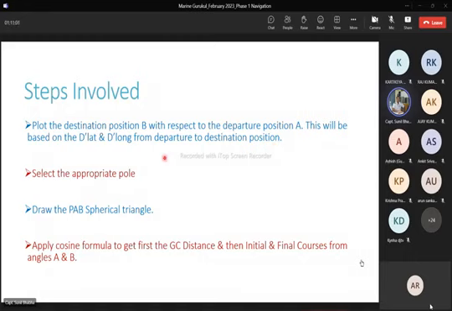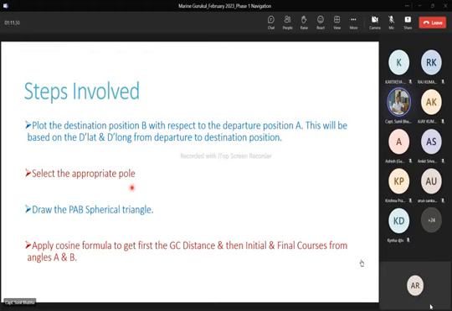Now once B is plotted with respect to A, we have to select the appropriate pole of our triangle. Now how do we select the pole? If both the positions are in the same hemisphere, north hemisphere or south hemisphere, then the pole which is selected is also of the same hemisphere. If both our positions are in the north hemisphere, we will be picking up the north pole for our PAB